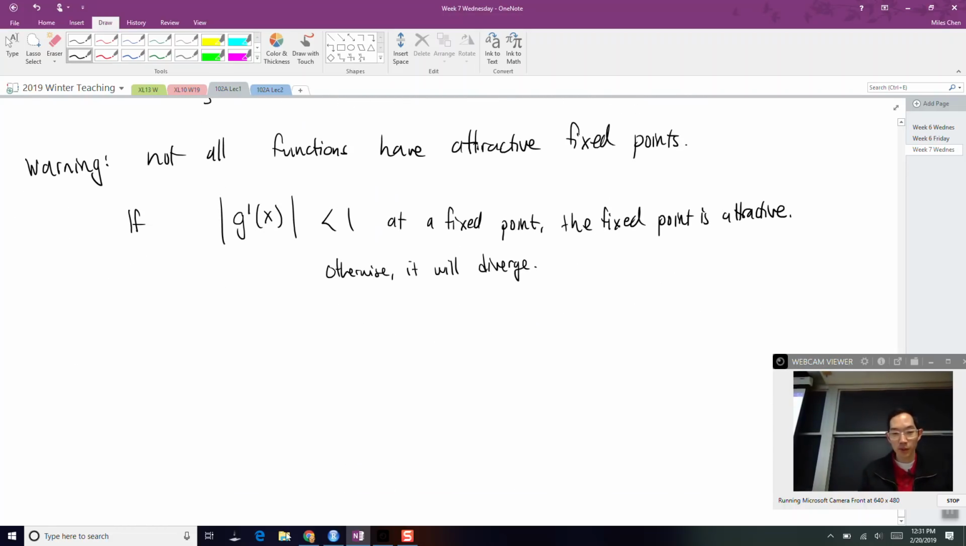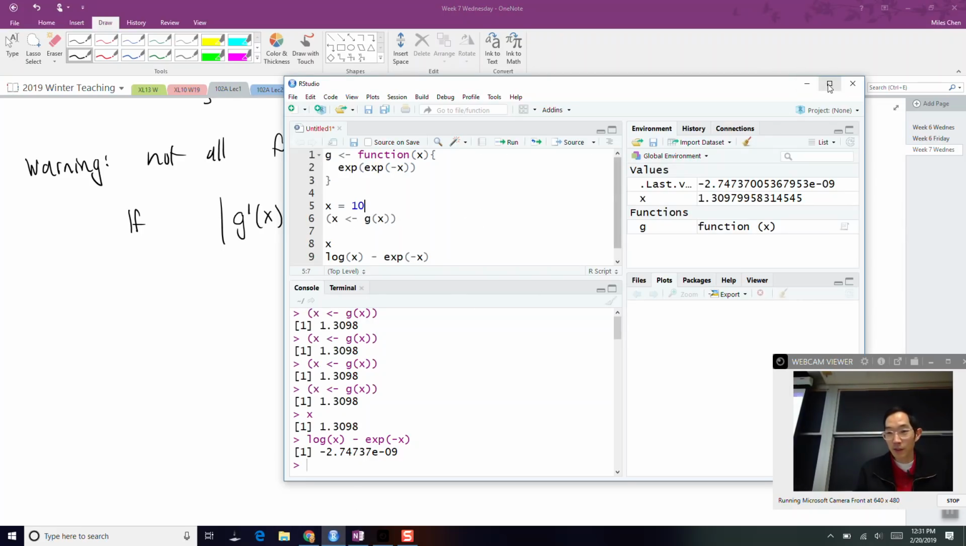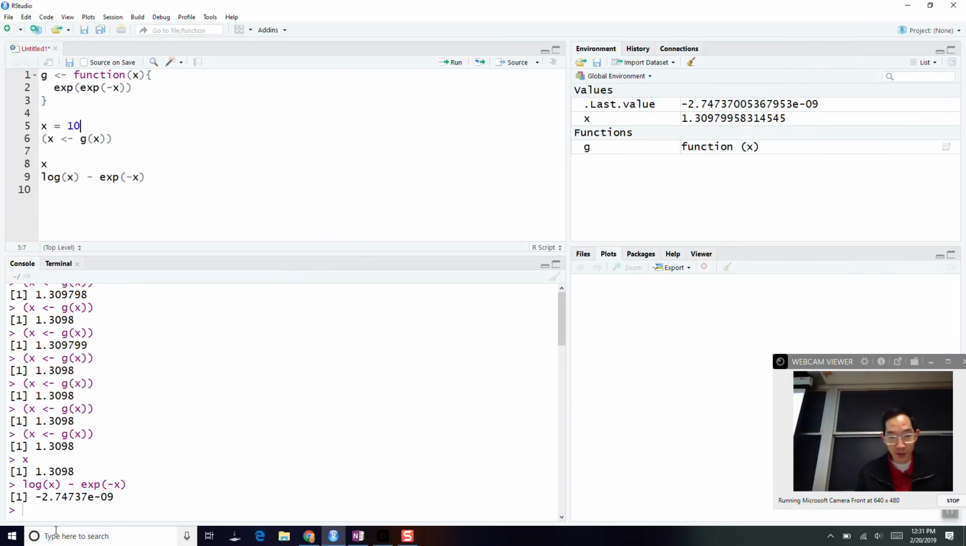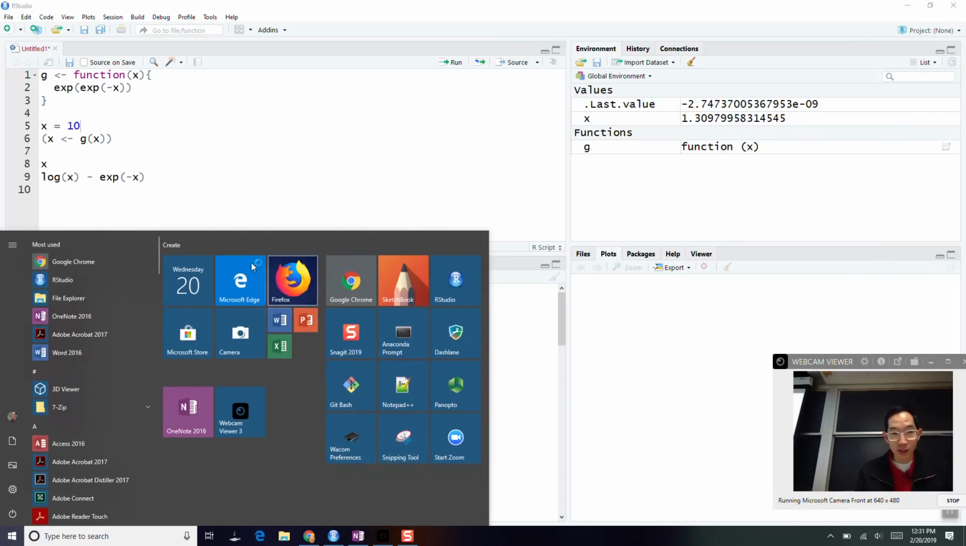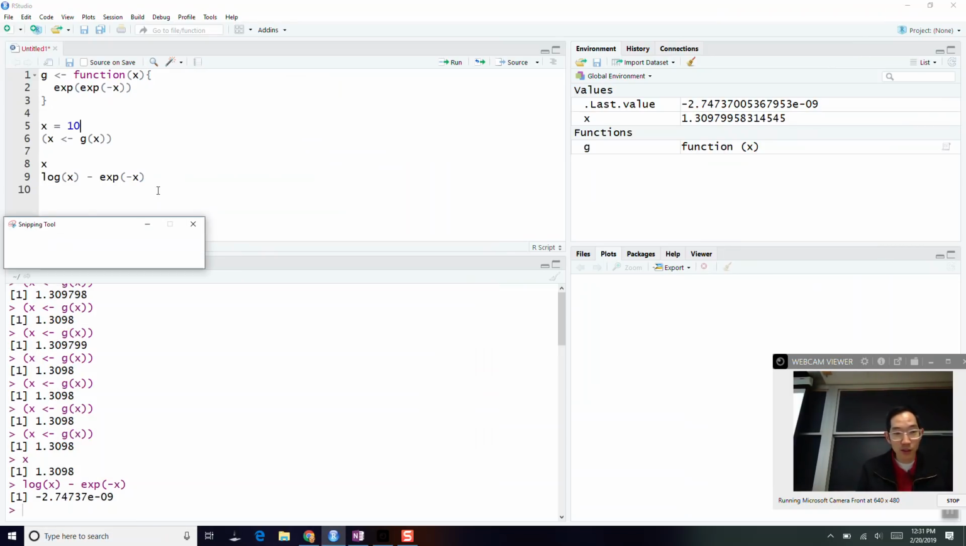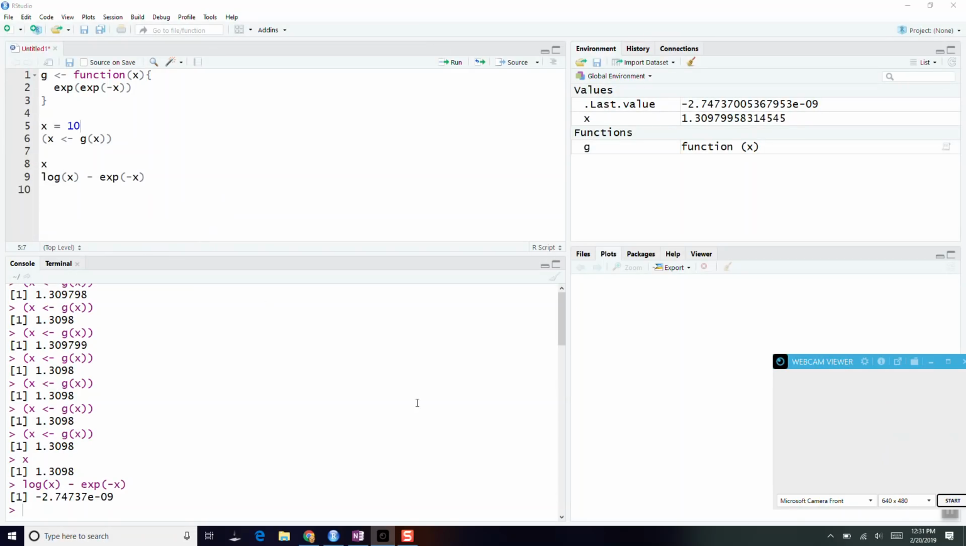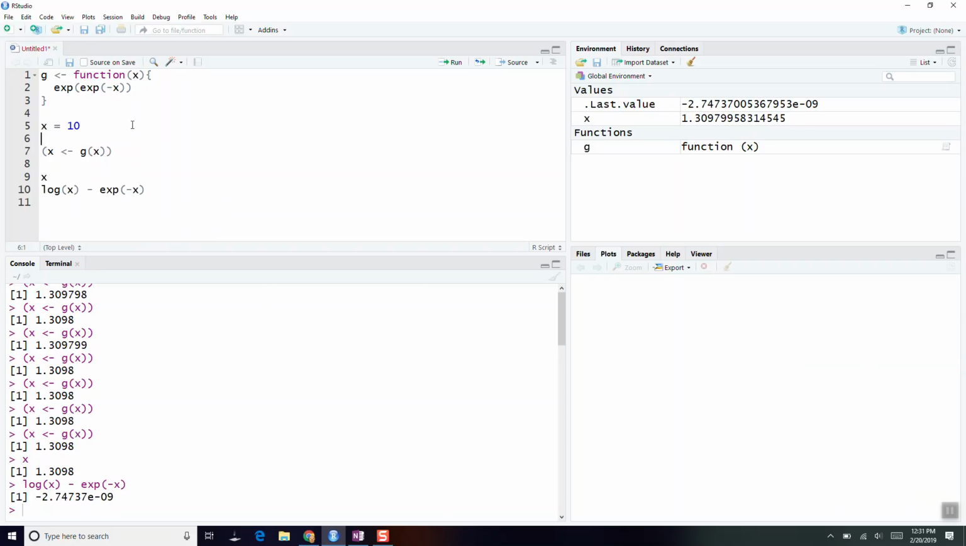Is that okay? Let me see if I can screenshot this. I'll go ahead and write our little code. So I'll just do while the absolute value of x old minus x new is greater than some tolerance, then we'll just write x